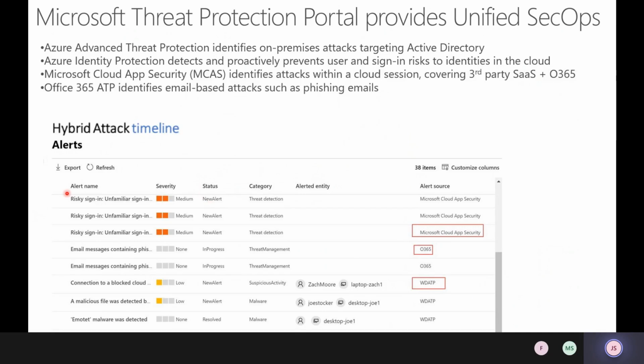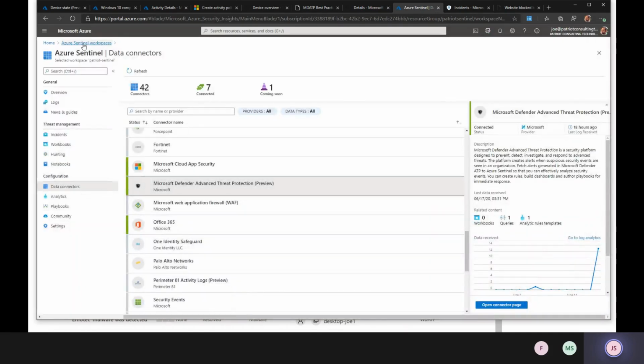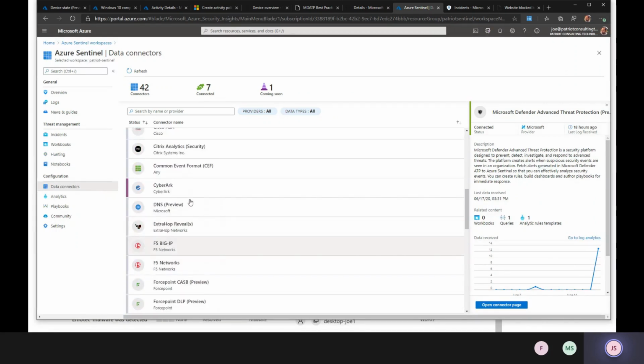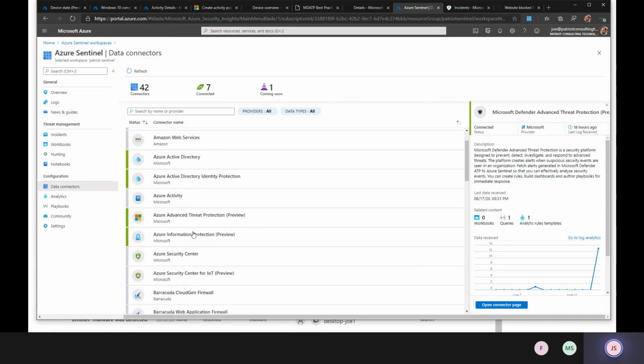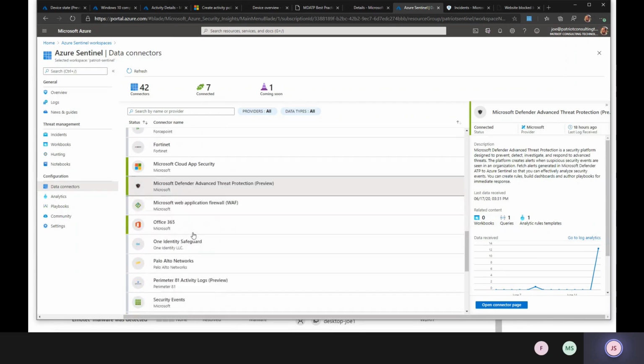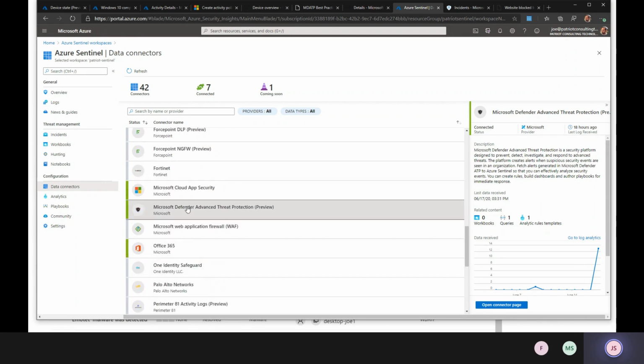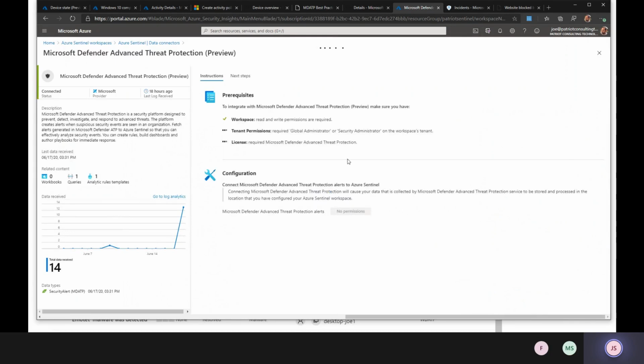And then in terms of Sentinel integration, Sentinel has a connector for Defender ATP. Sentinel is a SIEM that can pull alerts from Palo Alto, ForcePoint, F5, CyberArk, Cisco ASA, Barracuda, all sorts of built-in connectors, Amazon CloudTrail, Trend, Zscaler. For Defender ATP, you just come in here, open up the connector page, click connect, and once it's connected,